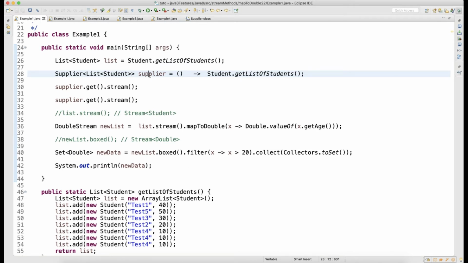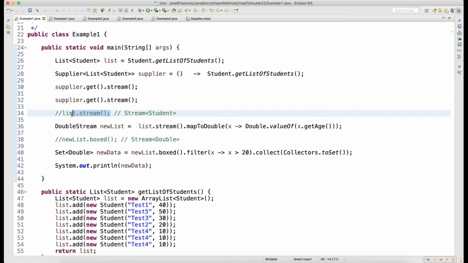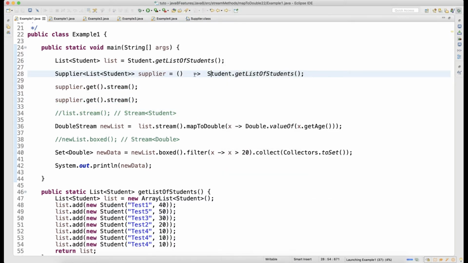Now you get the list of students, and you can see that I'm calling it two times: supplier.get().stream(), again supplier.get().stream(). Earlier, if you remember, when I called stream two times on the list, I was getting an error that your stream is already closed and you are trying to process it, so that was not allowed. But here, through this, I can process the stream n number of times and I will not get any problem.